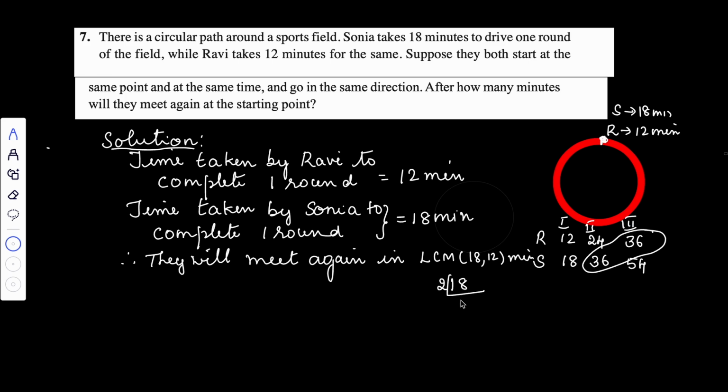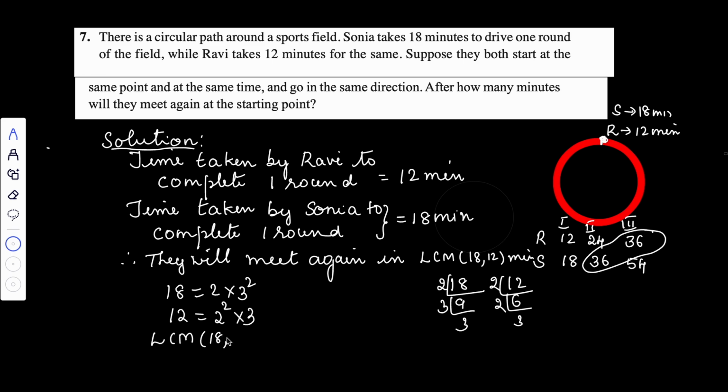If we factorize 18, 2 nines are 18, 3 threes are 9, so 18 is equal to 2 into 3 square. 12: 2 sixes are 12, 2 threes are 6, so 12 is equal to 2 square into 3. So the LCM of 18 and 12 is 2 square into 3 square, that is 4 into 9, which is 36. So they will meet again in 36 minutes. Therefore, they will meet again